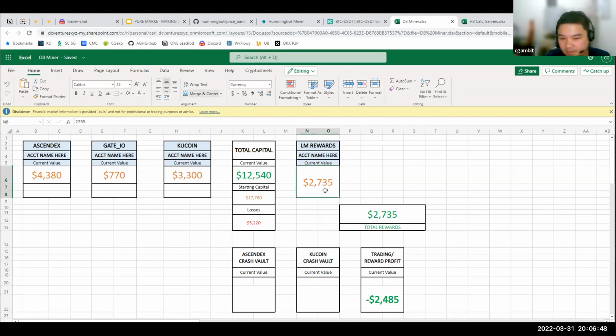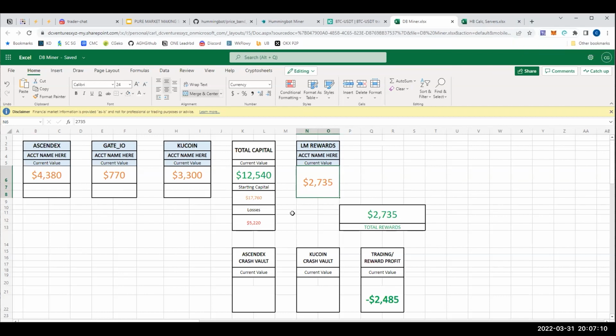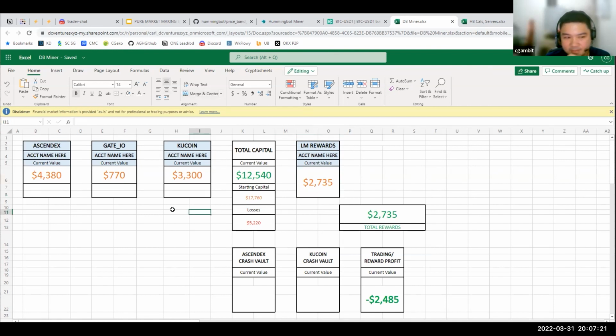Because Hummingbot, or the liquidity mining rewards, is an income stream for us also, it will help with our expenses. And we also have a percentage that we reinvest, or add into our capital. So it depends on our monthly expenses. And yeah, we usually use our rewards to invest back here. We add it in on the exchanges. And then for the other tokens,